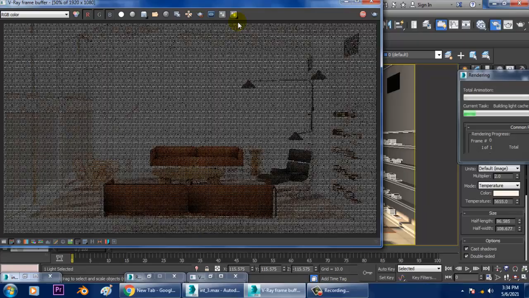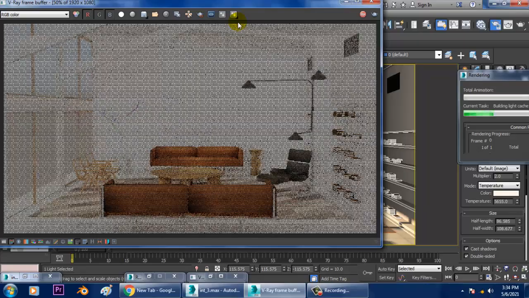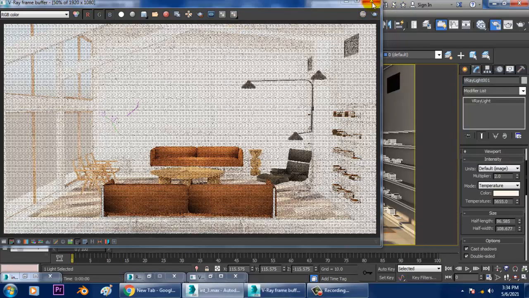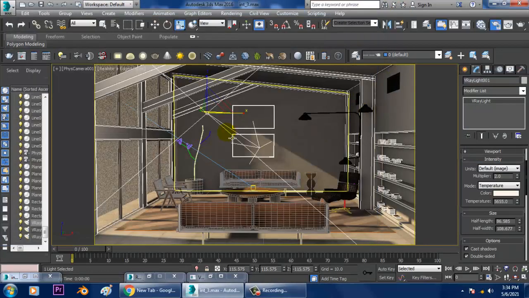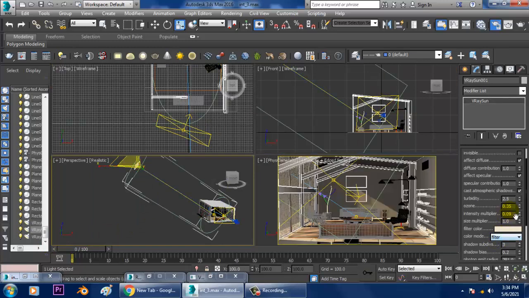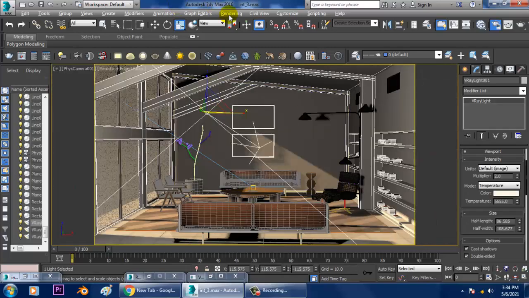Definitely we need to work with the lighting because the illumination of the lights is very high, so I'll select the sunlight over here, and I'll reduce its intensity multiplier to 0.03, and let's just render and see how it looks like.